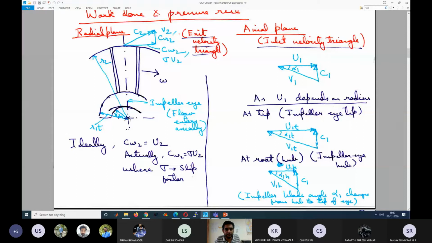What is the direction of U1? At this point, say what is the direction of U1? Parallel to the plane of paper. Tangential, along this, like left to right, similar to U2. Yes, similar to U2 but shorter in length because the rotational speed is fixed but the radius is less. So along this direction, the tangential plane or wheel plane. And what is the direction of V1?